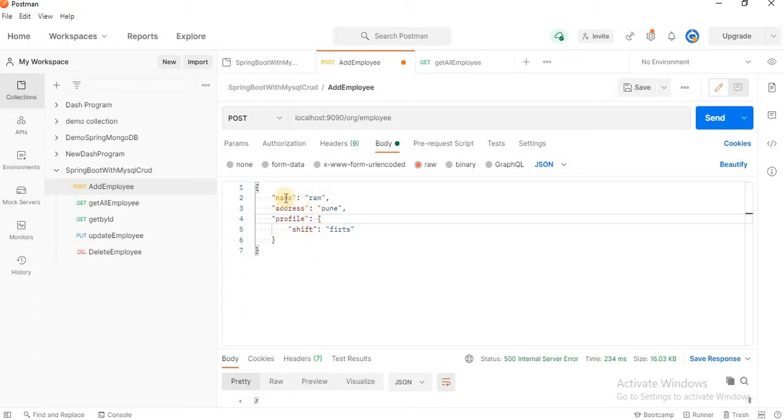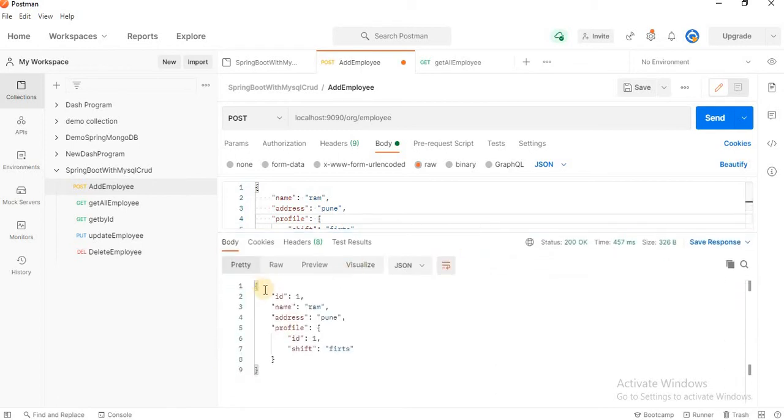We are passing name, address and profile detail. Let's click the submit button. You can see here we got the 200. That means our one-to-one operation was performed, and here we got the ID, name, address as well as profile ID, name, profile ID and shift.